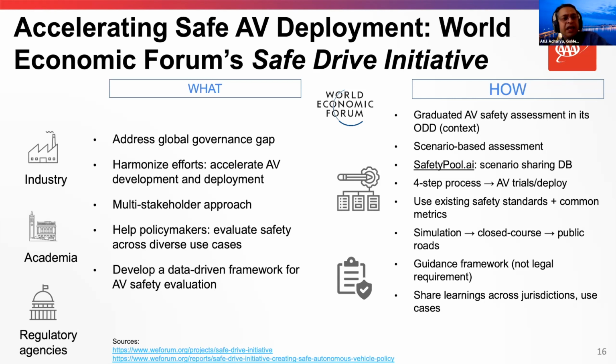And the aim of the Safe Drive initiative is to help regulators and policymakers understand how to effectively evaluate AV safety across different use cases. So whether these are low-speed shuttles or high-speed trucks and different segments, right? It aims to educate policymakers on evaluation of safety, as well as develop a framework for safe deployment of these vehicles. And it really seeks to strike a balance between ensuring safety for all, while not making unreasonable demands on the AV providers. And the way it really does that is by